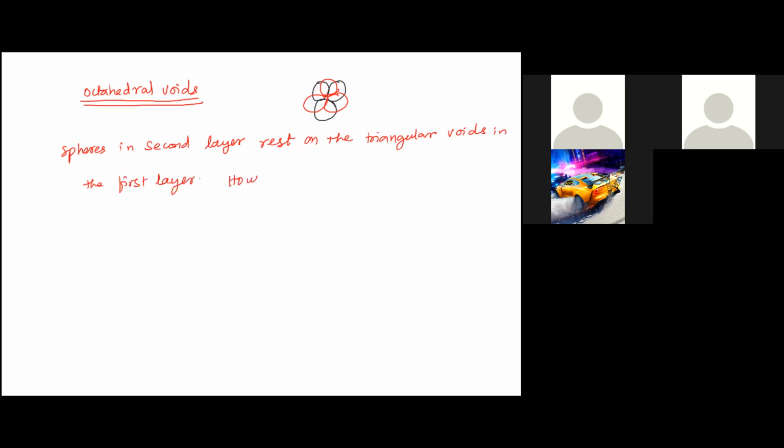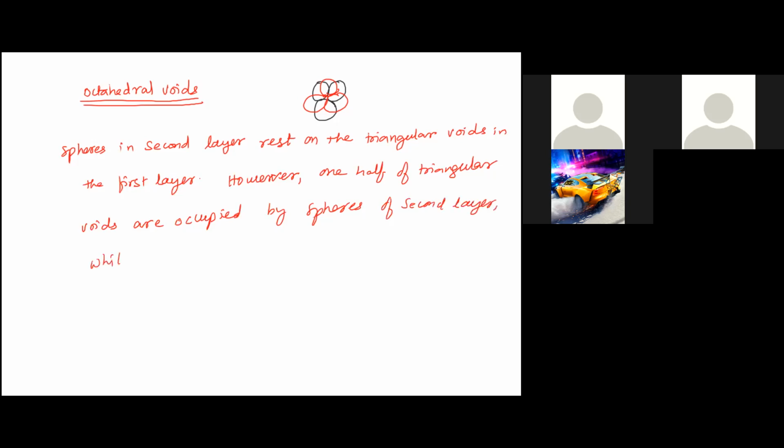However, one half of the triangular voids are occupied by spheres of the second layer, while the other half remains unoccupied. The triangular voids in the first layer